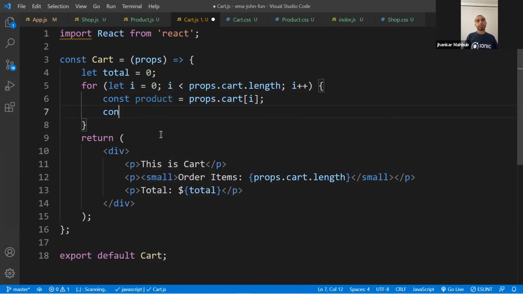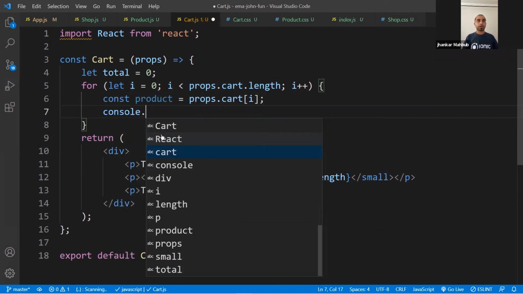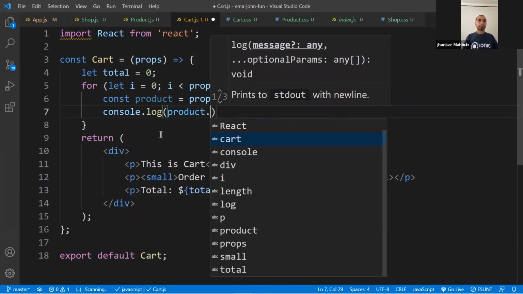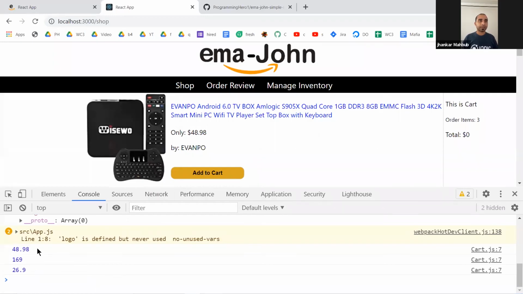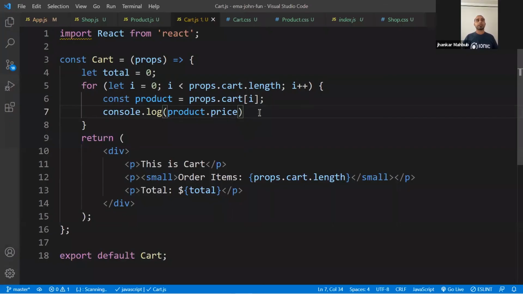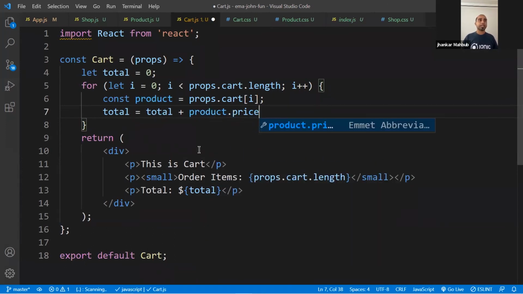For now, we console log product.price. If I save this, you'll see all the prices of the items: 40, 898, 169, 26. And we can actually add these. So we can say total would be the previous value of total plus every product.price. And that's pretty much it.